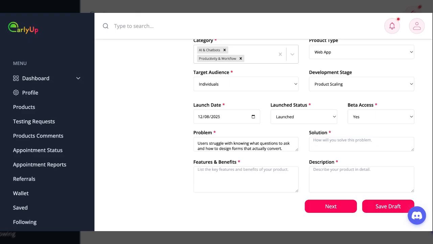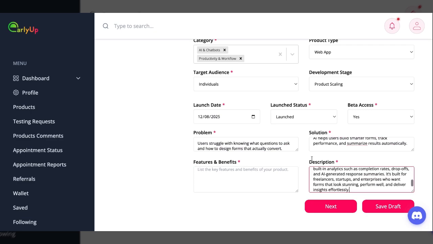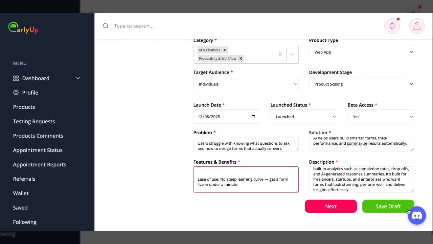As you all know, you can use AI to generate this content very easily. And description, and make sure you have a lot of information so that investors or anybody looking at your website know what you're offering. So you can also save a draft and come back to it, and I'm just going to click on